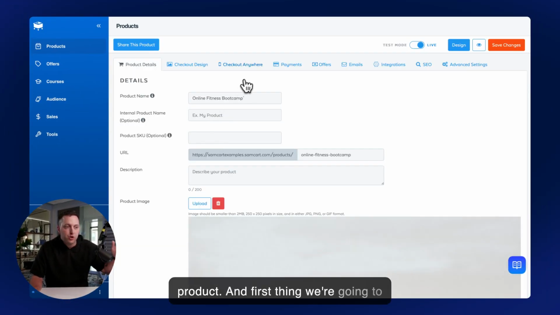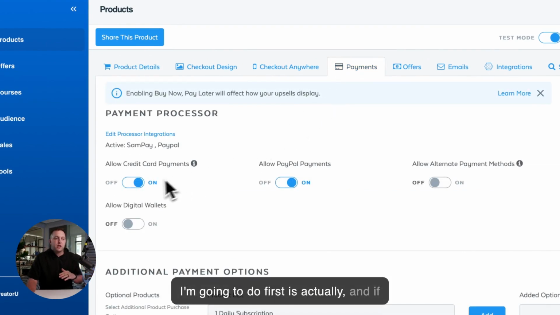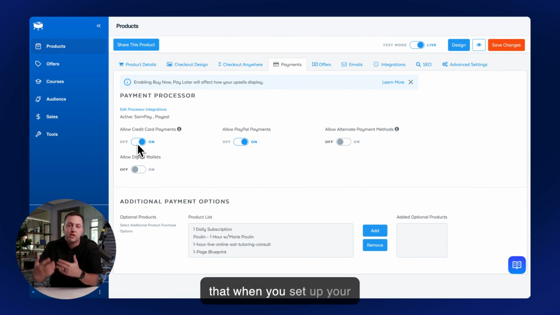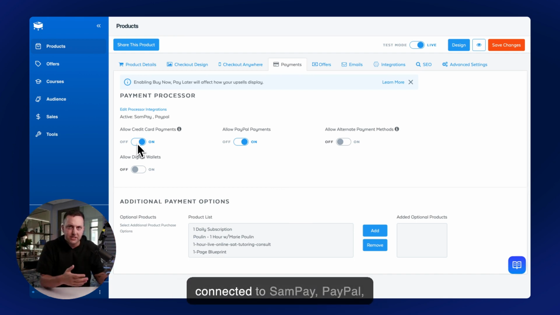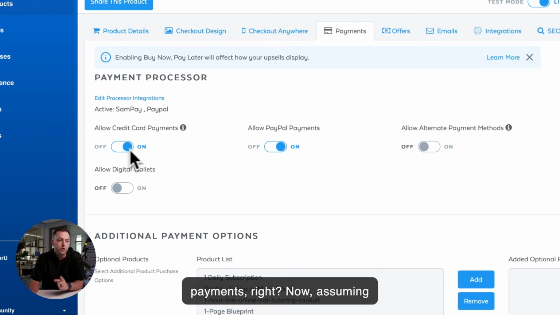And the first thing we're going to do is come over to the Payments tab, right? If you haven't done this, you might not yet have SamCart connected to a payment processor. If you didn't do that when you set up your marketplace, you'll see an orange banner at the top of your dashboard. Click on that orange banner, get connected to SamPay, PayPal, whatever you want to do to collect payments, right? Assuming you've done that,